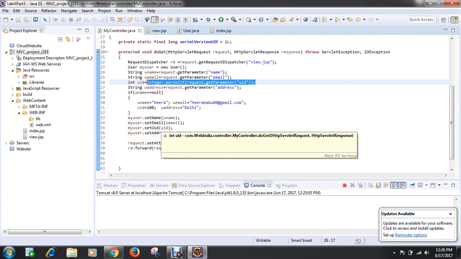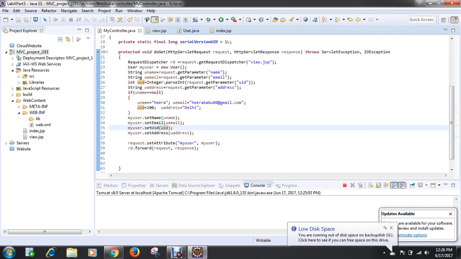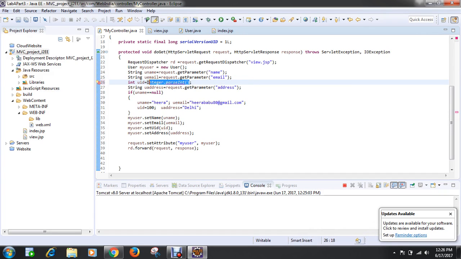We have checked that you need to pass the request as well, and you need to name it string,